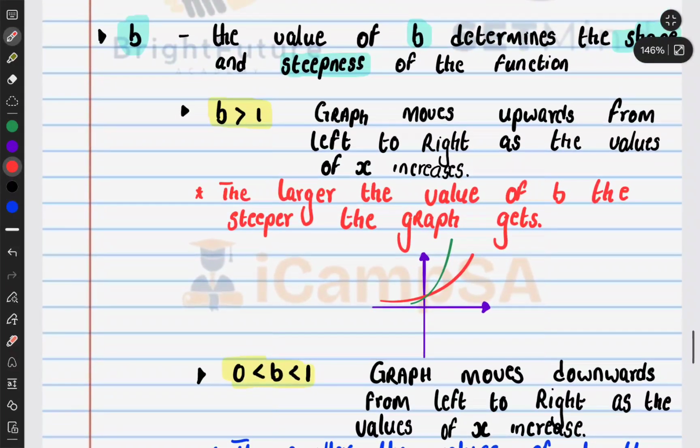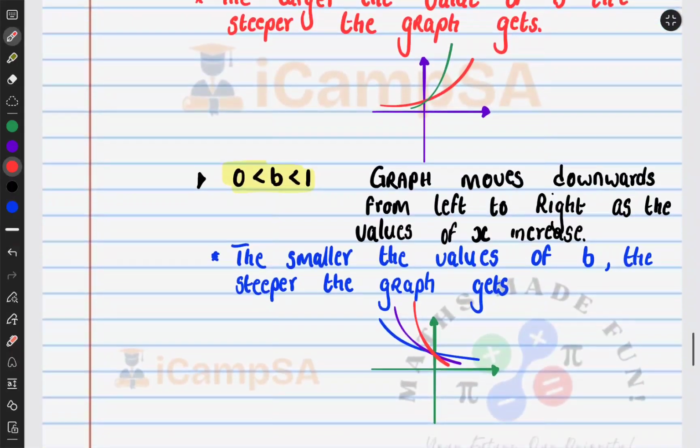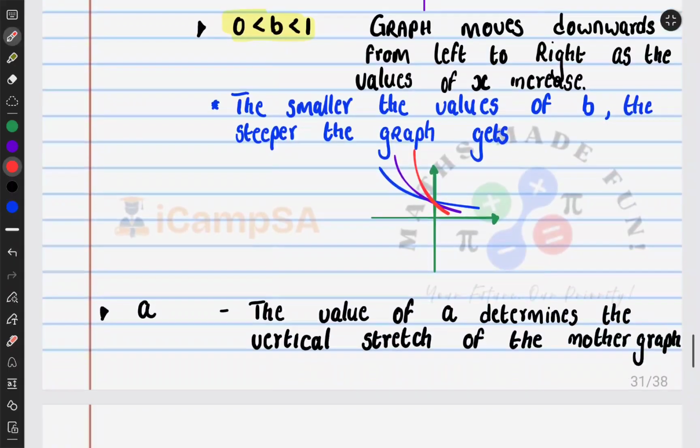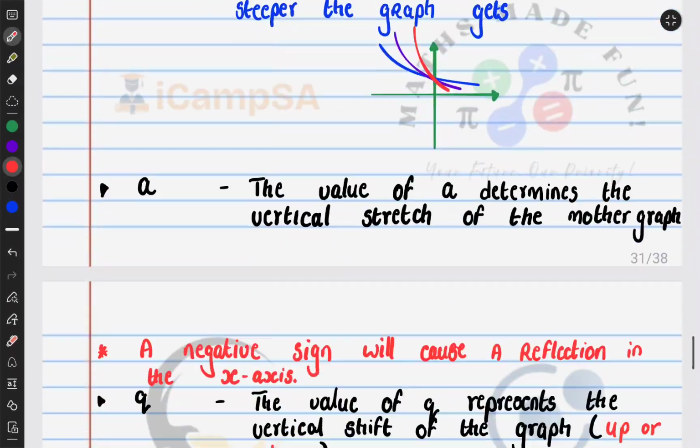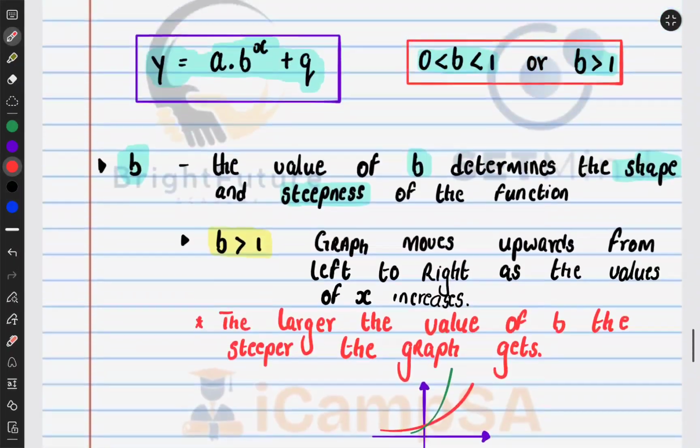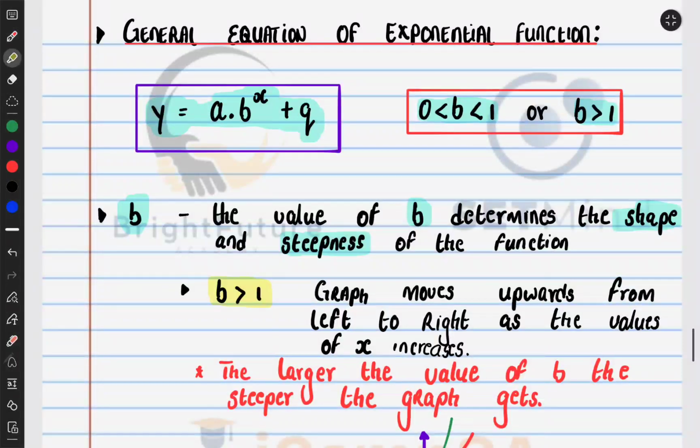For the first one, when b is greater than 1, as the value of b increases, the larger the value of b, the steeper the graph. Here on this second restriction, whereby we are dealing with exponential functions with the value of b between 0 and 1, as the value of b gets smaller and smaller, the function actually gets steeper and steeper. That's what you'll see happening. Okay, and then next we have